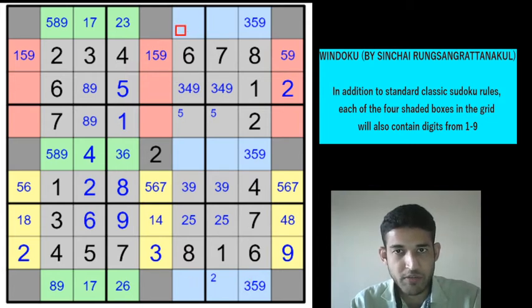So this is going to be a 1, 2 or 7, because we have a 4 here. And this will be 1, 2, 4, 7, but we have 1 and 2 here and a 4 as well here. So that gives us 7 here. That's a neat deduction. So we can remove this 7 from there. So this will be 1, 2, 4 or 7, but 7 is here. So this will be 1, 2 or 4.